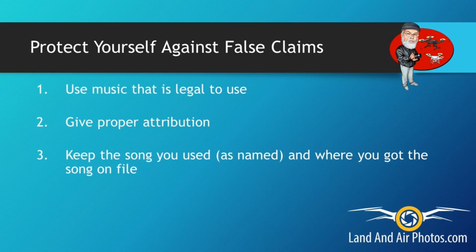The reason you need to keep the song title exactly as you downloaded it is that if you need to go back to the artist or service where you got the song, you need to tell them what song is being challenged, and they need to know the name they assigned to the file, and not the name you decided to give it. Audioblocks.com has thousands of songs. If you don't tell them the specific name of the song you downloaded, how can they confirm what you're saying and help you? If you follow those 3 steps, and they apply to music, sound effects, stock photos, and stock video clips, by the way, you will be confident that you're following YouTube's user guidelines and be able to challenge any false claims that are thrown your way.